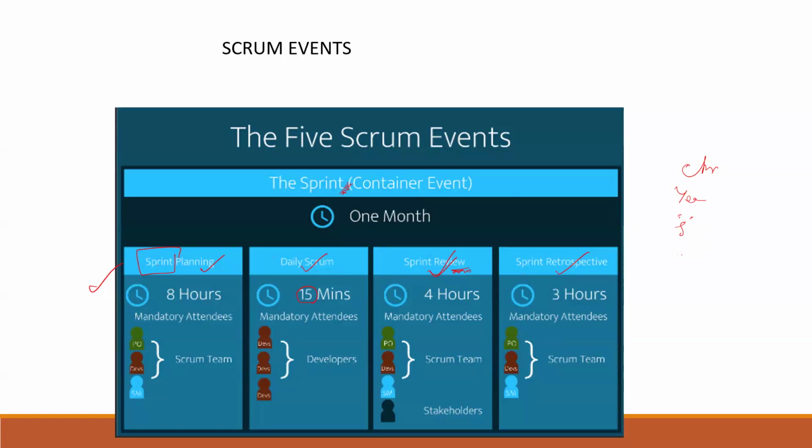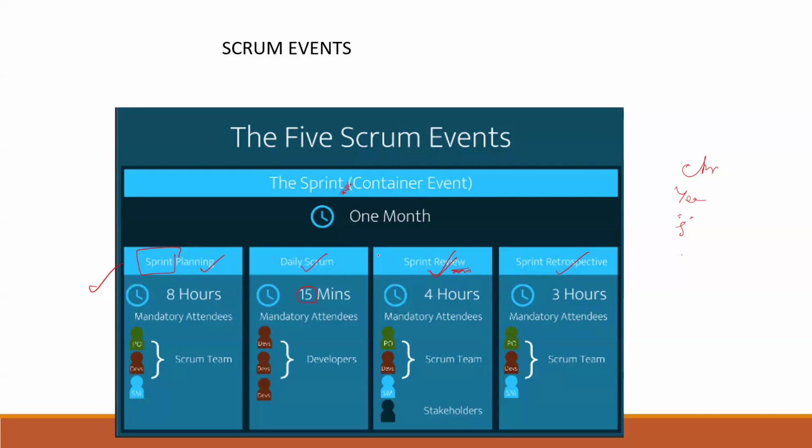It can be of shorter duration, as I said in Agile. It's of shorter duration in cycles, spreading over weeks, not more than 4 weeks, within 2 to 4 weeks. So here we have taken 1 month. This is called a 1 month sprint.